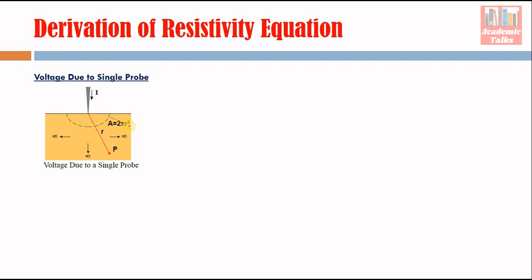The surface area of a full sphere is 4 pi r square, and this is a hemisphere, so the total area here is 2 pi r square. But now see, suppose we are at distance r, so how much potential is here? We have to see how to calculate this potential. For this purpose, we have to go to our high school equations, which we have seen in our high school or secondary school.